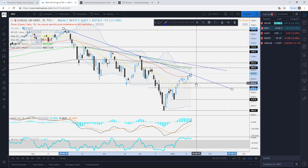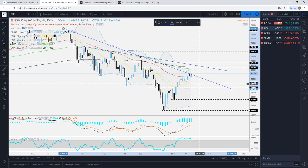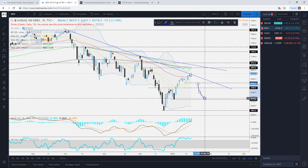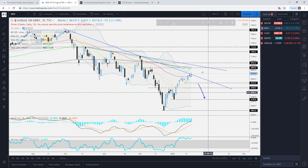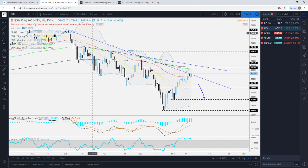We could target this little area of support near the 65.10, but if this doesn't hold, well, this is where we probably could get a little bit more comfortable with the downside, especially if this is going to start breaking this 65.10 level. But again, for now, guys, given that yesterday we've closed above this downside resistance line,